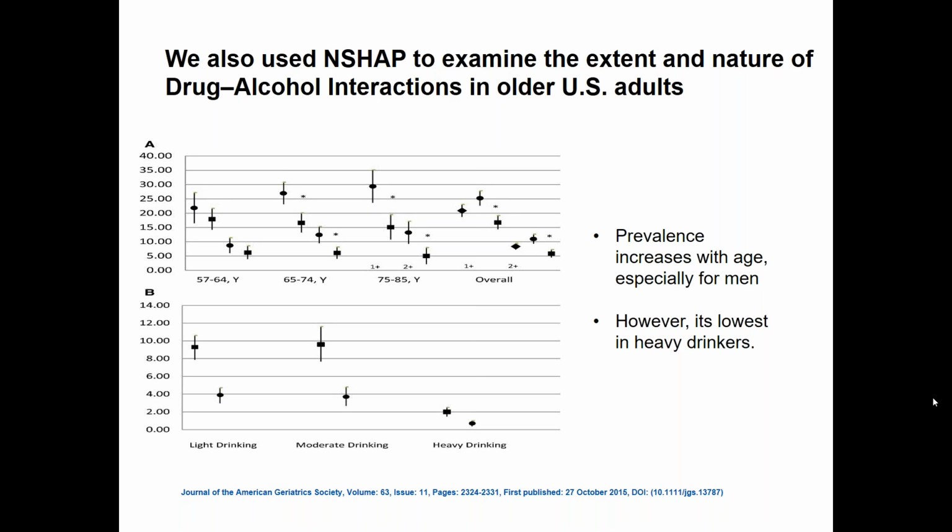What we found was that the prevalence increases with age, and it's consistently higher in men than in women across all age groups. And overall, about 20% of older adults are actually regular drinkers and taking a medication that they shouldn't be taking